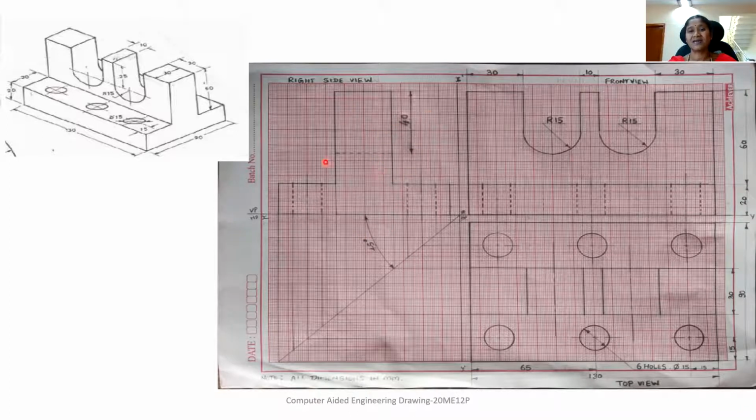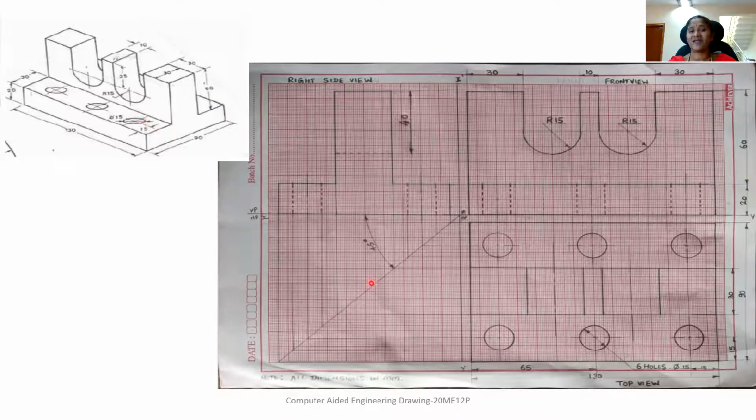So what is the side view? In the side view, I have one rectangle at the bottom of 90 mm and height 20 mm, and at the center of this base rectangle, I have another rectangle of height 60 mm and width 30 mm. It is in the form of an inverted T, with base 90 mm and height 20 plus 60, that is 80 mm. In the side view also, I cannot see these holes, but they have to be shown as hidden lines.